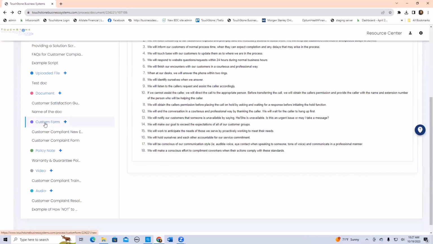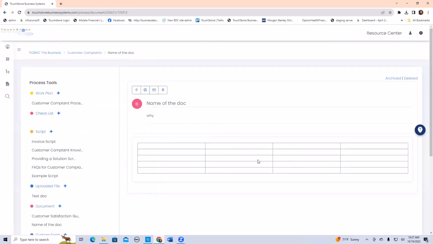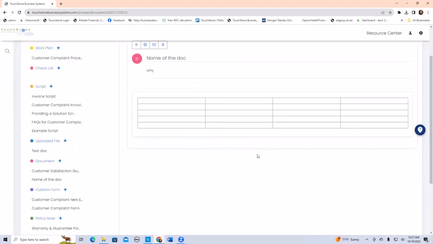Under the document tool is our custom form tool. So you saw me use this to create this kind of table. And sometimes this is preferable to the custom form tool for whatever reason. But anytime you do put a table into a document, if it is something that you want filled out, sometimes tables are just a way to organize information better. But if it is something you want completed or filled out, then